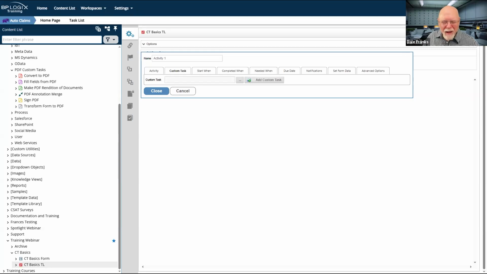The metadata custom tasks, that's one of those where it's also really tricky. When would I use it? Would I use it on the form or would I use it on the process timeline? That really depends on your use case. So there's no hard and fast rules about when you're going to use them, although there are a couple of custom tasks that will only work in a process timeline, others that will only work on a form. And the vast majority of them, you just sort of have to make the judgment call about where it makes the most sense to run that custom task.